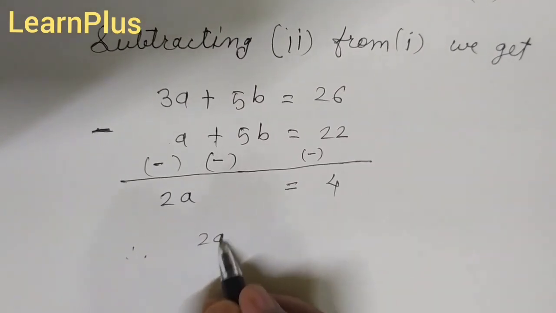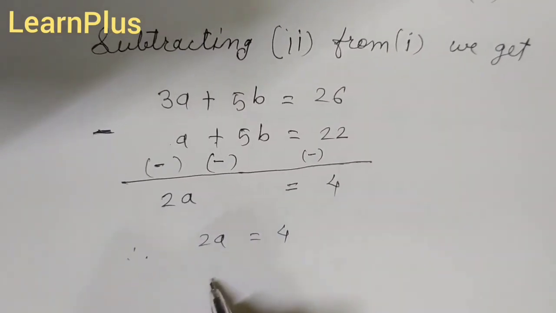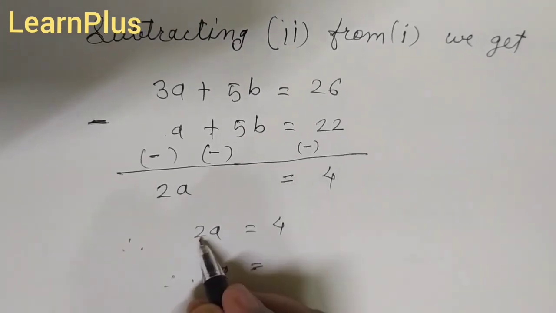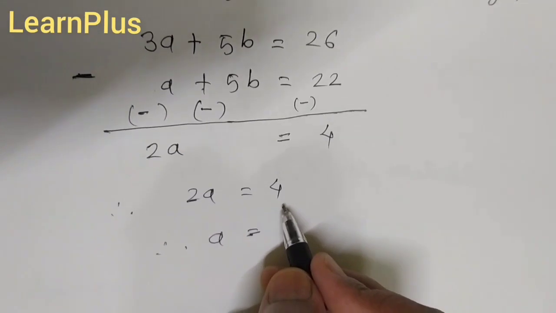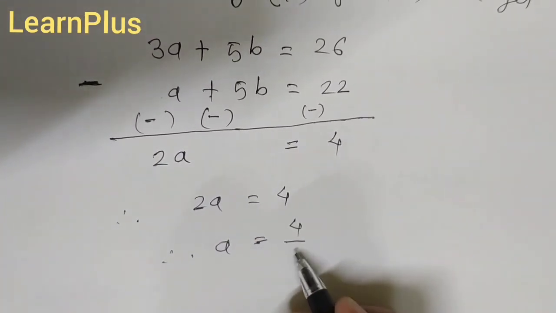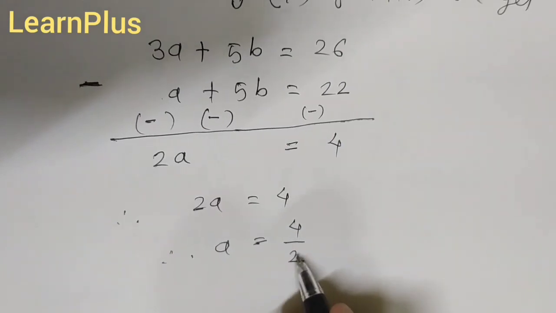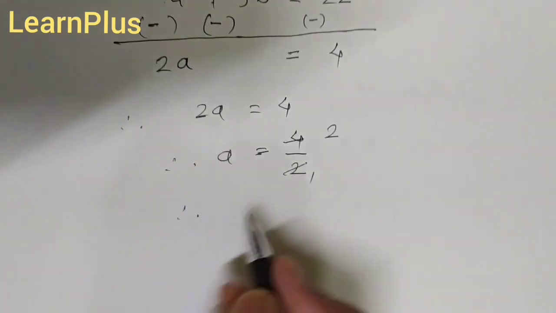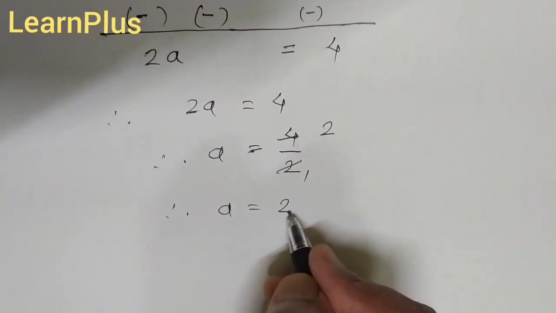Okay. Now therefore we will find the value of a. Means here 2a is equal to 4. So what is the value of a then? A is equal to, here this one is multiply, means it becomes divide. Here multiply, so there it will go and divide, means 4 divided by 2. Then 2 ones are 2, 2 2s are 4. What is the value? A is equal to 2.